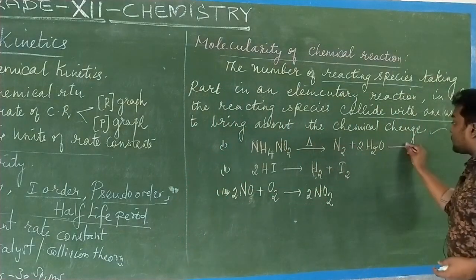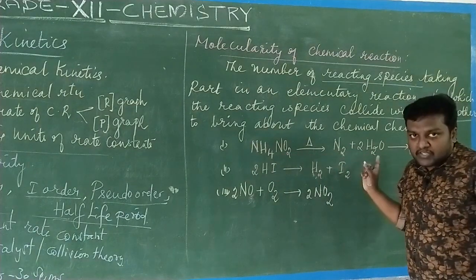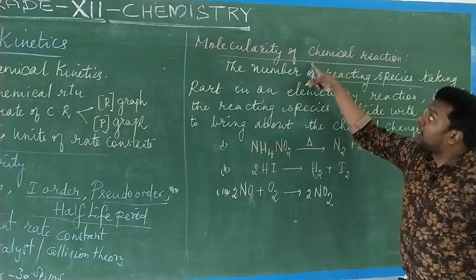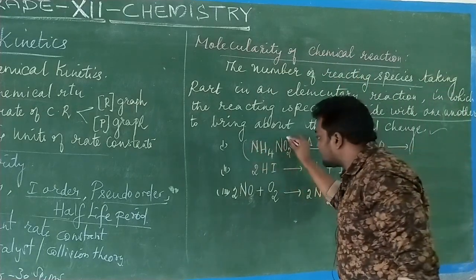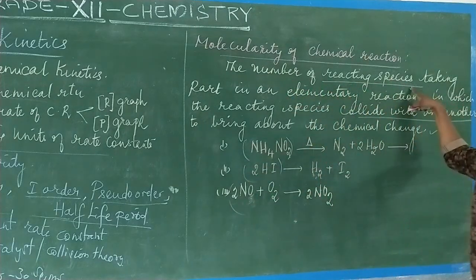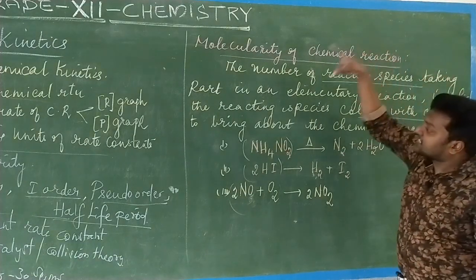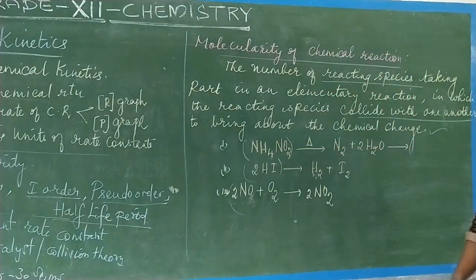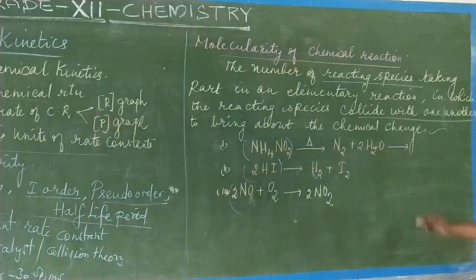Now what is the molecularity of this reaction? When such an equation is given, they are asking you to find out the molecularity of a chemical reaction. So in every reaction I should consider only the reactants, because it is the number of reacting species; there is not even a line about the product. The number of reacting species taking part in a chemical reaction is the molecularity of a chemical reaction. How many species are taking part in the chemical reaction here? Only one. So therefore I call it